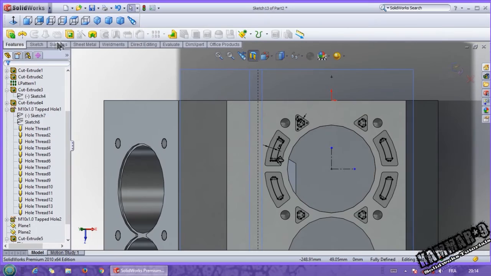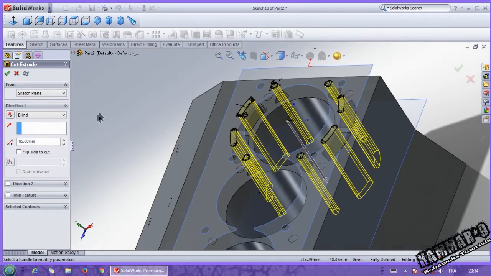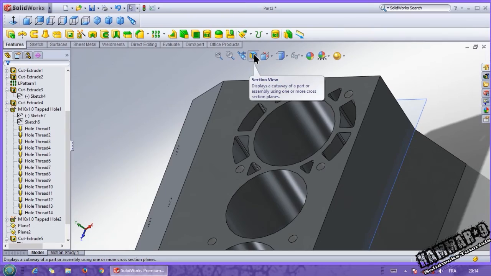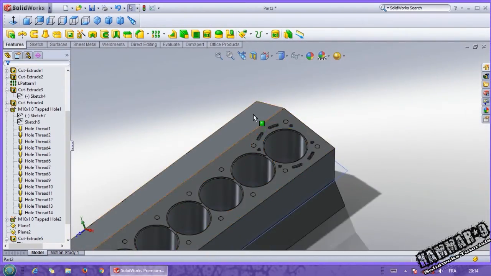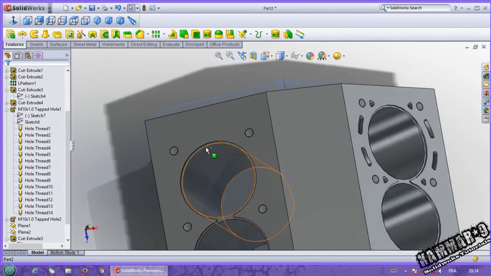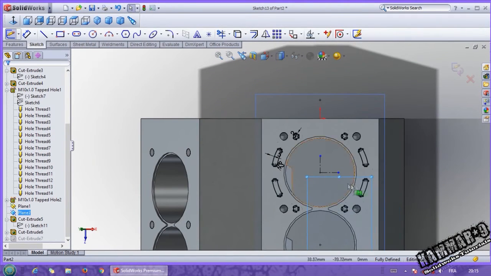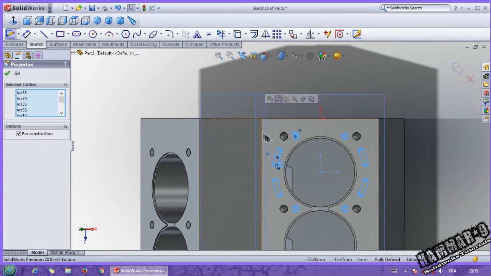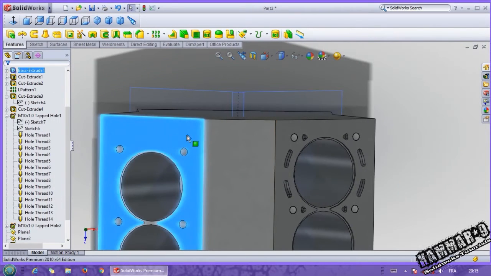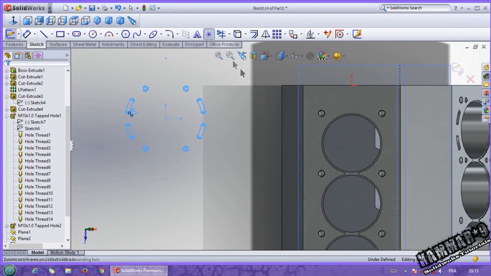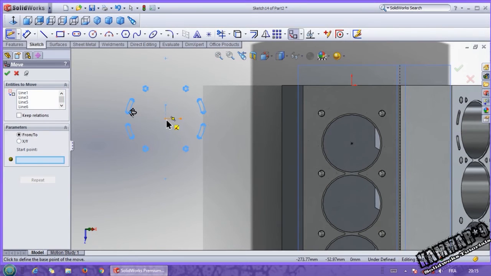Okay, then go to feature, extrude. I think here you can put 20 and deactivate the selection view, and we have this result. The same thing here. I will copy this sketch and I will go to this face and click here, then add the reference, move it, and paste it here. Validate from here